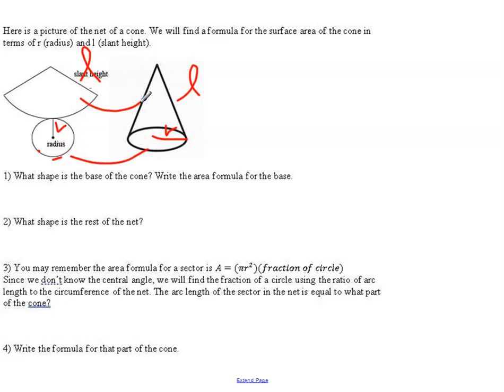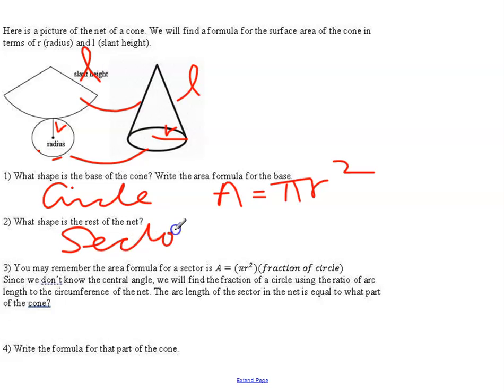So what shape is the base of the cone? Circle. And the area formula is pi r squared. What shape is the rest of the net? Sector. Number 3, you may remember the area formula for a sector is A equals pi r squared times the fraction of the circle. Since we don't know the central angle, we will find the fraction of a circle using the ratio of arc length to circumference